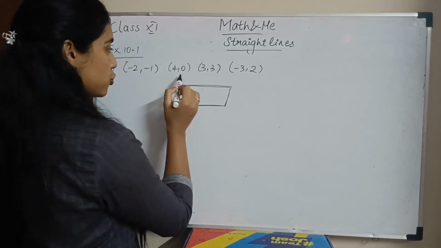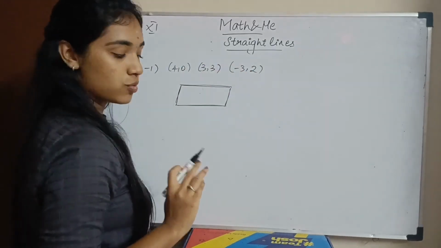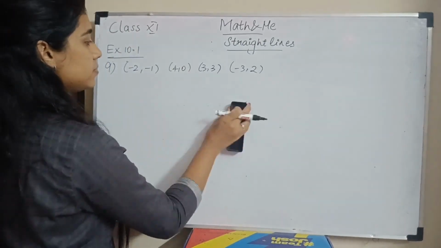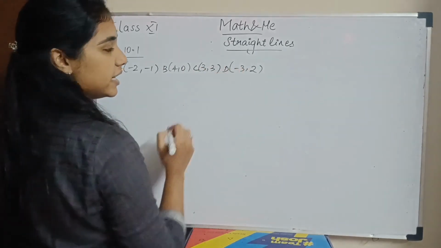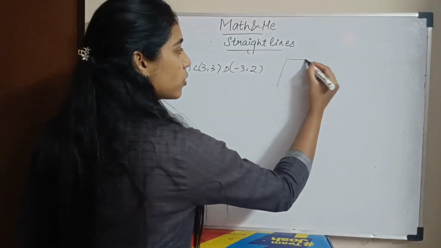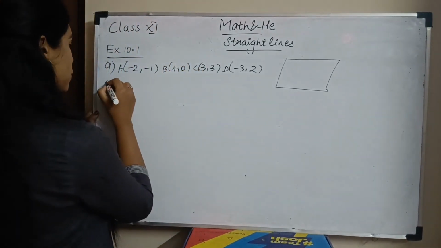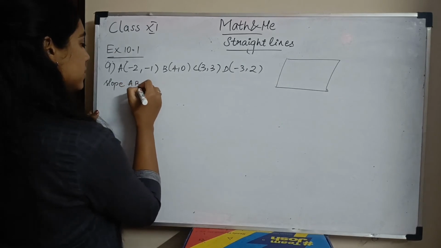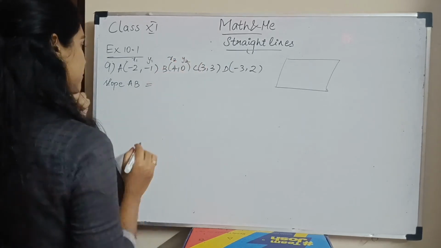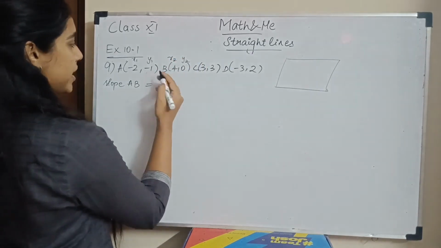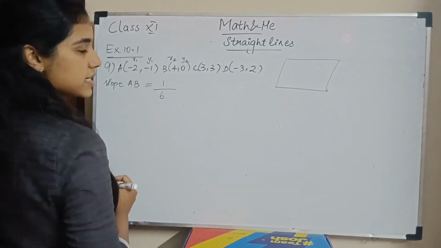First we find the slope of these 2 points. Then we find the slope of these 2 points. Then these two, and at the last these two. Okay, so let's do that. So let's name them as A, B, C and D. I do not know where they lie in the parallelogram. We'll find that once we solve which slopes are equal. So slope AB equals, so this is your x1, y1, x2, y2. So you have slope AB, y2 minus y1 divided by x2 minus x1, 4 plus 2, which is 6.